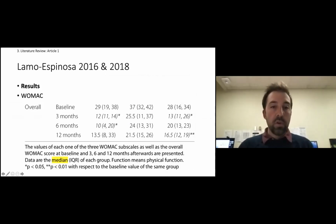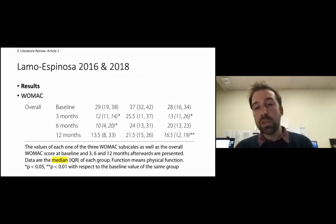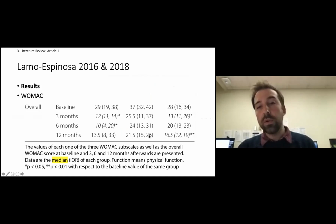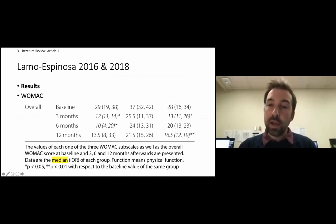For the WOMAC score, I highlighted here the overall result, which was a little surprising when we compare it to the VAS score from just before. If we look right away at the 12 months, we see that our control group here on the left went from 29 down to 13, the low dose group from 37 to 21, and the high dose from 28 down